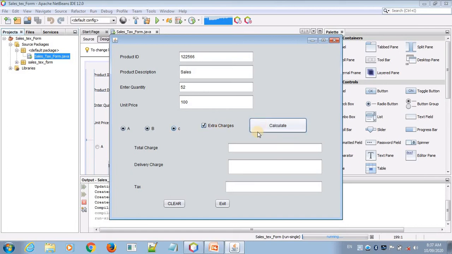When I press the calculate button, the total charges come here, and after that delivery charges and tax are also given here. Okay, so now we are going to write the code of the calculate button, clear button and exit button. So move on to the next part.